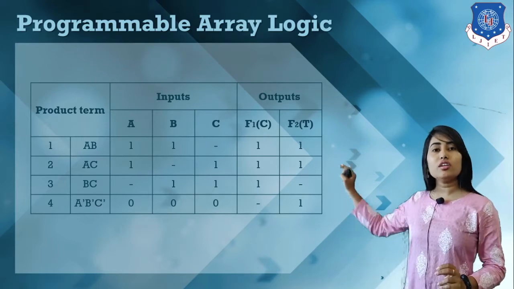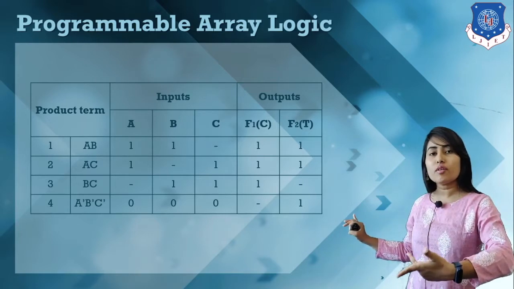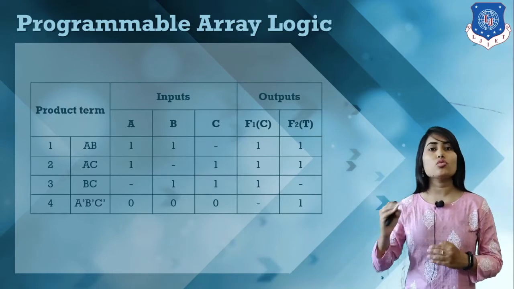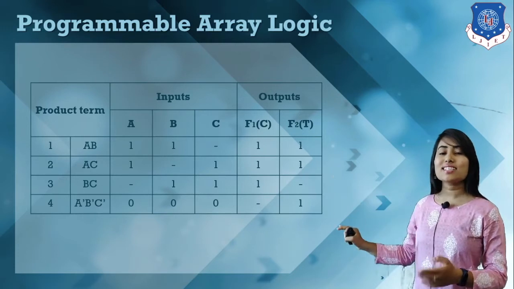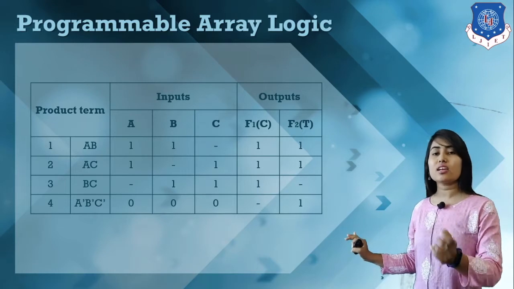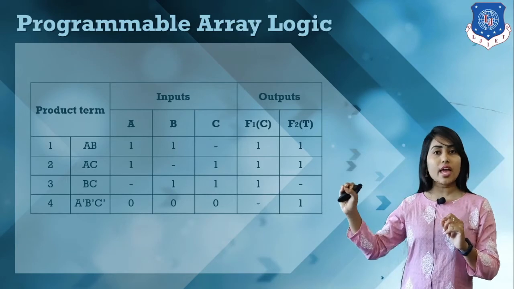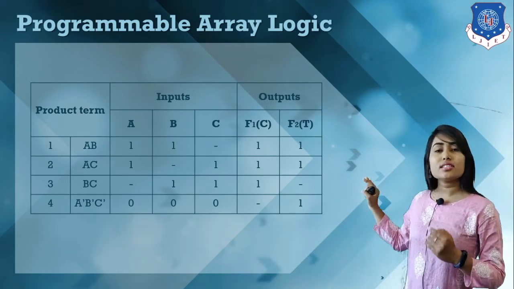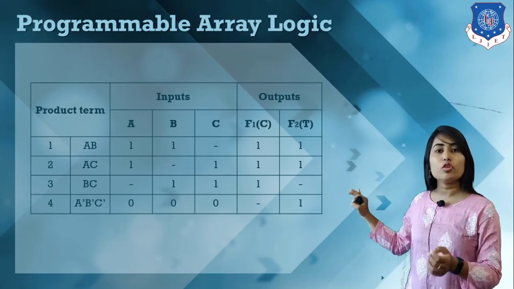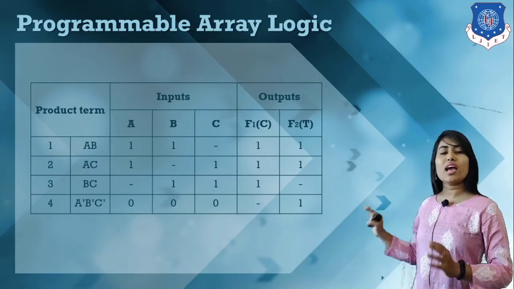So here we first realize F1 dash and then again we find the inversion of F1 dash. So we have normal values because F1 dash of dash is equal to F1. So F1 dash is connected with an XOR gate with input 1. At the end of this XOR we have F1, and F2 is also connected with an XOR gate but with input 0. So in F2 we have just normal values.